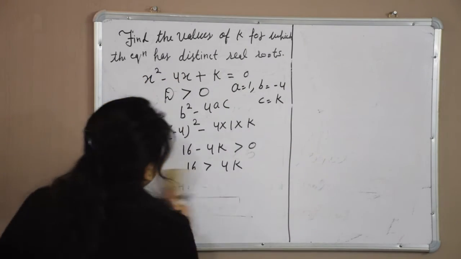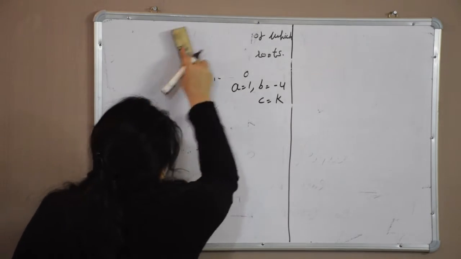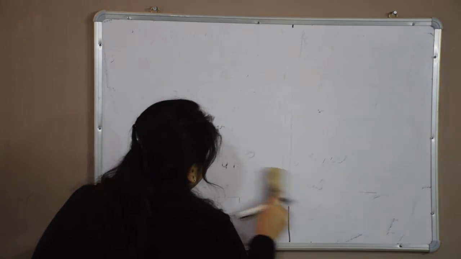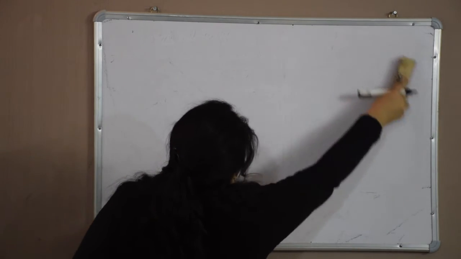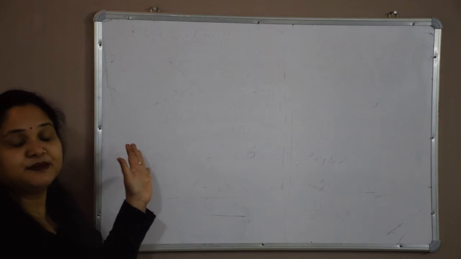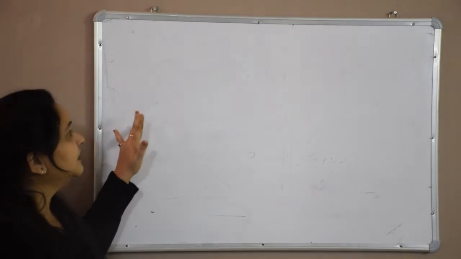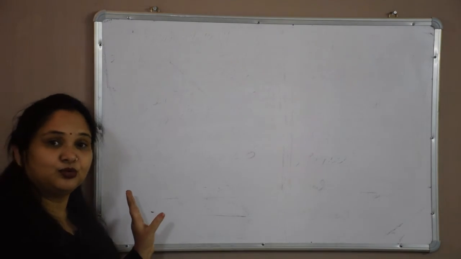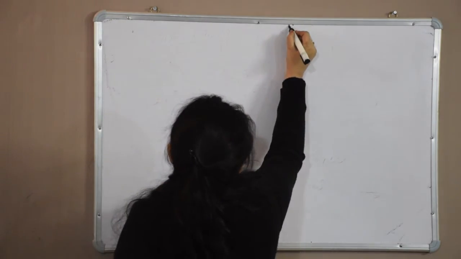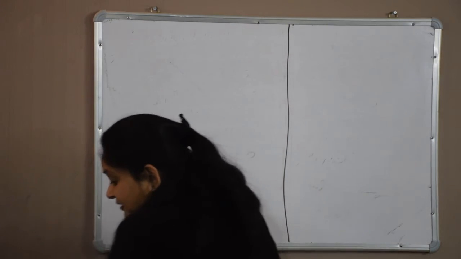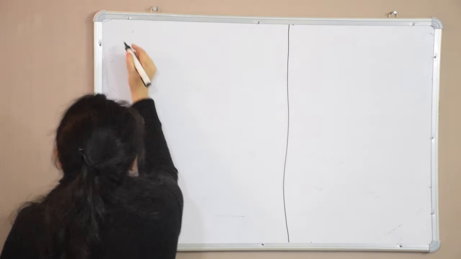Now I will take one more example, in which we are taking two equations. In the previous examples, when we were taking the equal roots, then also I took two equations and they are connected. Here also I am taking two equations. Question is, determine the positive values of k.